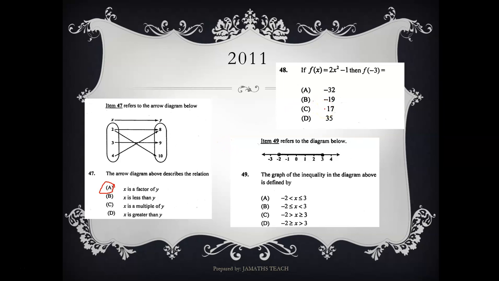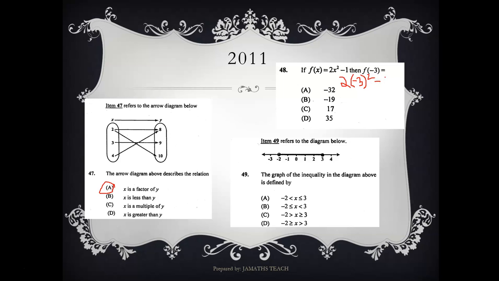Question 48. If f of x is equal to 2x squared minus 1, then what is f of negative 3? And we know this is function evaluation. What we're doing is simple substitution. So where the x is, we replace it with negative 3. So let's do that. Negative 3 squared